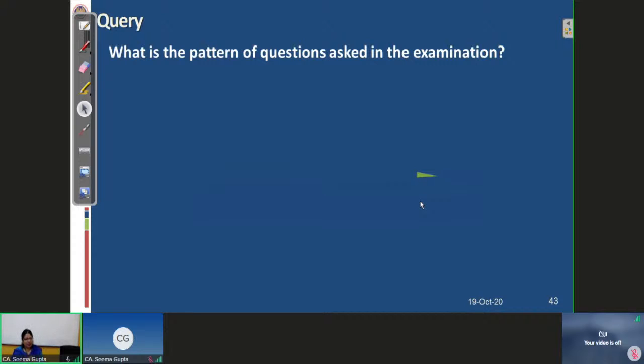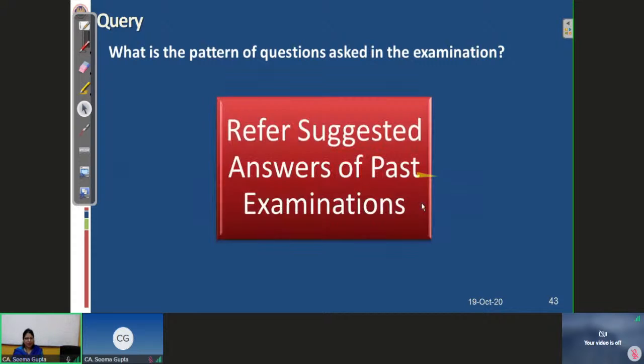However, you can see the previous examination question papers if you want, and you can decide yourself that what particular section is less important. But according to me, everything is important, and thus you can refer skill wise and section wise weightage of marks which has already been hosted on the website for old as well as new course. From that particular section, you can have at least idea about how to prepare and how to go while revising the chapters. Okay.